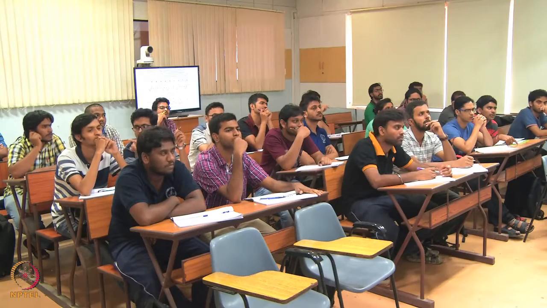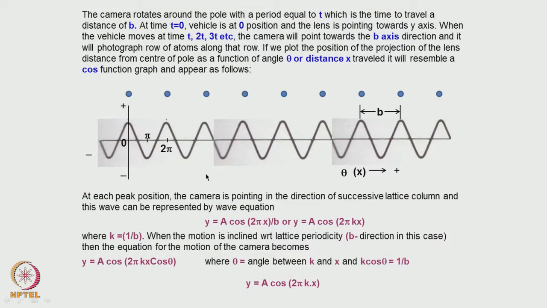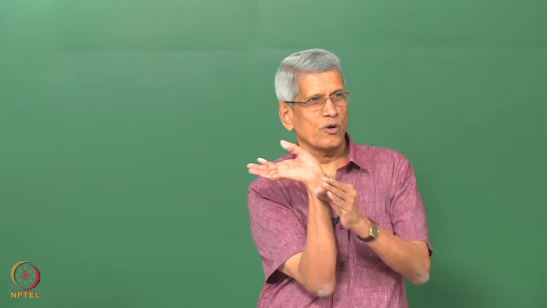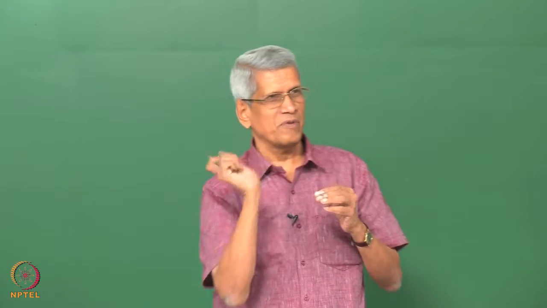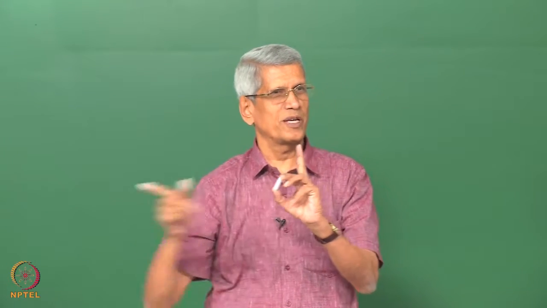With respect to distance, this is the way it will come, right? Because the camera moves like this, it has to rotate around it. That is r and theta with which you can move the camera. But the camera is rotating around the axis, and this whole thing is moving, right?